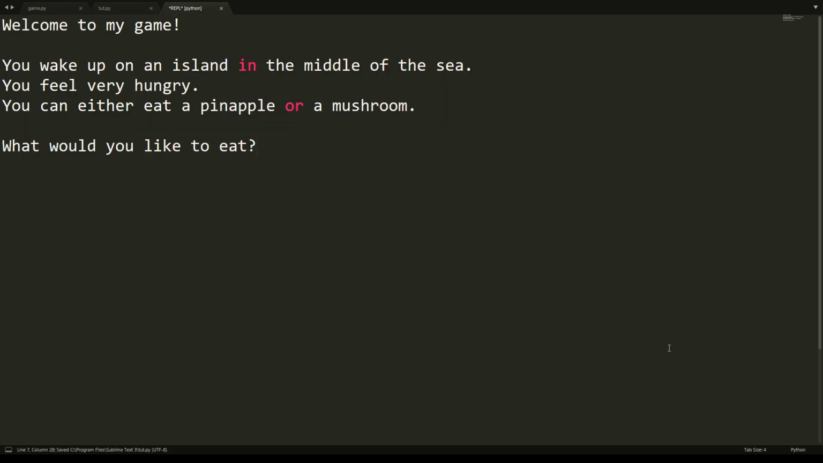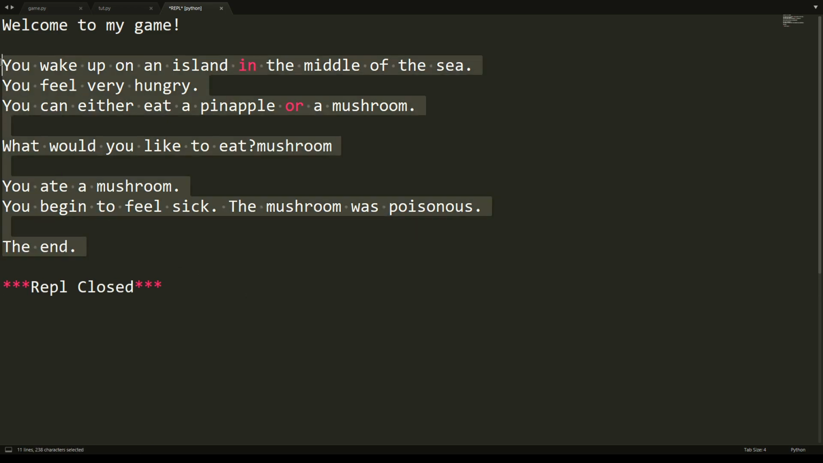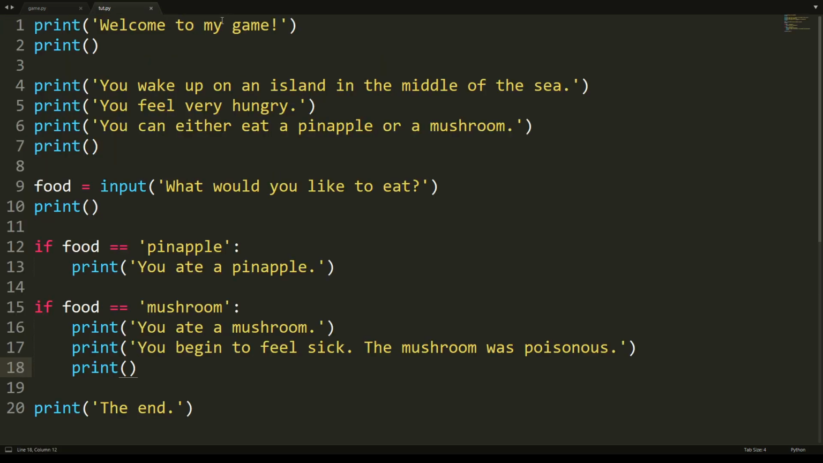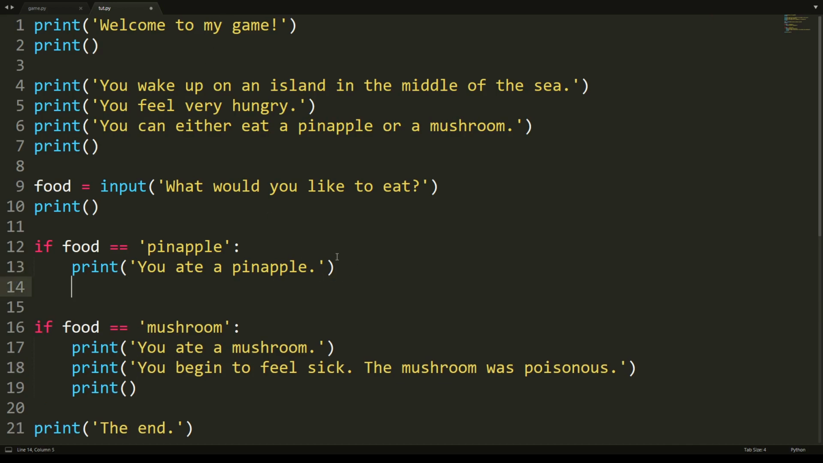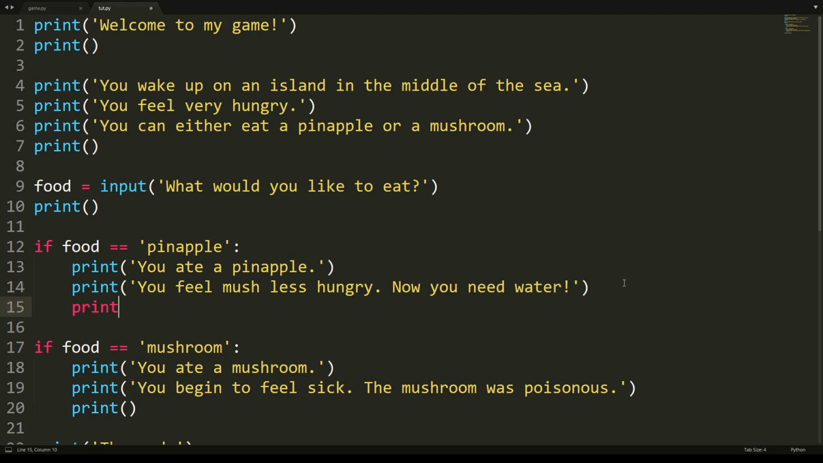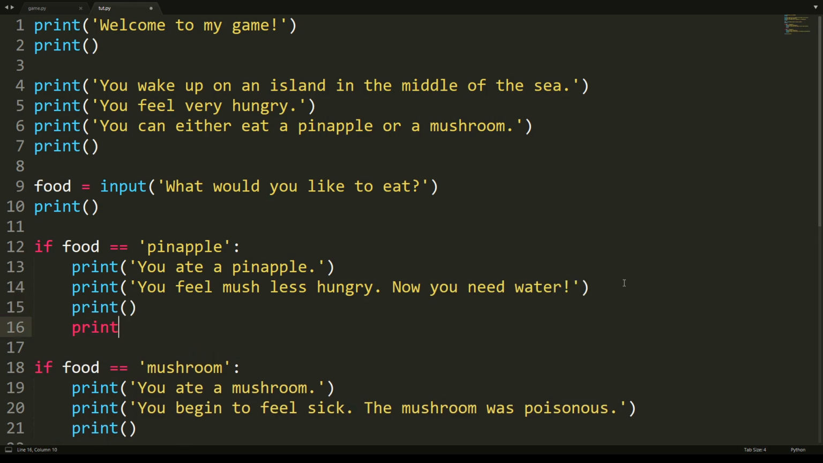So now when we run it, you can see that it's spaced out, and if we type mushroom, it's still spaced out. So now we can see a lot more things. Now let's work a bit on what happens when we eat a pineapple. So we're going to say you feel much less hungry. Now you need water. Then I'm going to have a space, and then I'm going to type